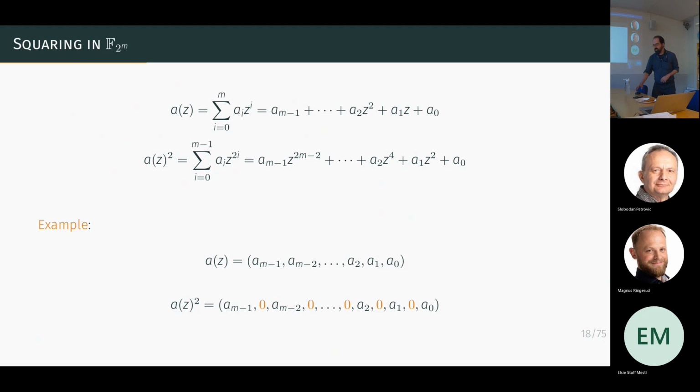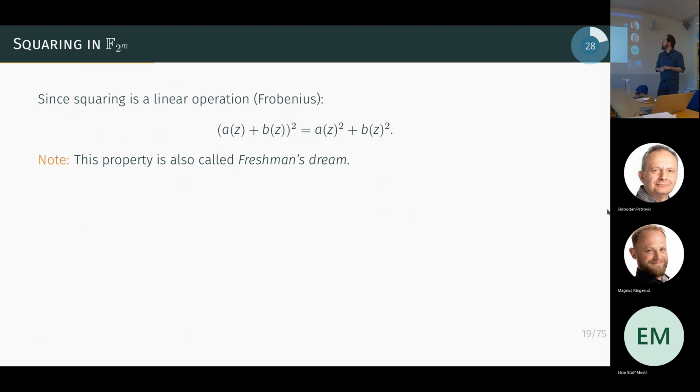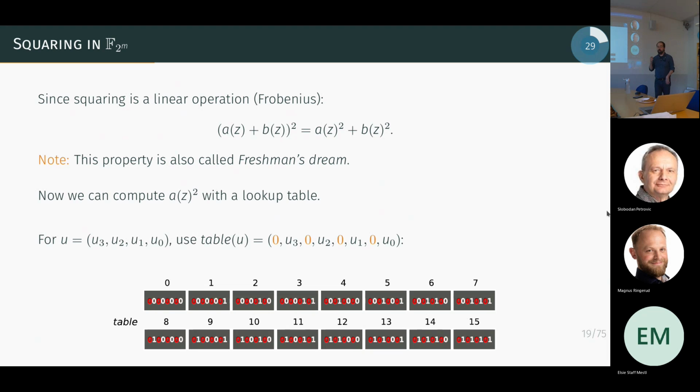No idea, so then let's give the example. Maybe I talk about this later. We can use a table, right? So maybe we fix some bit set size, 4 bits, and then we build a table. If we have 4 bits, of course, this is 2 to the 4 different elements, so 16, in which we just pre-compute